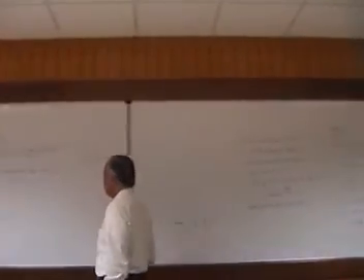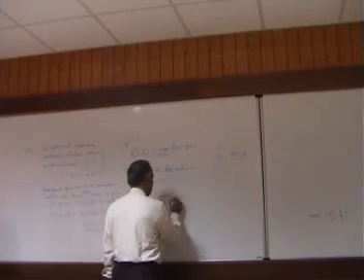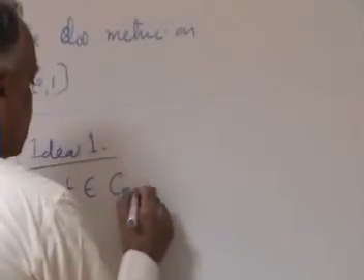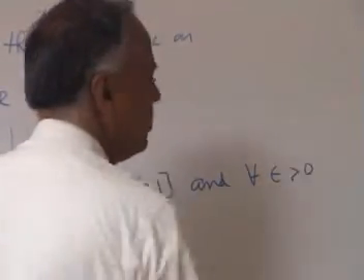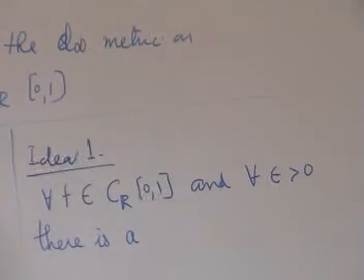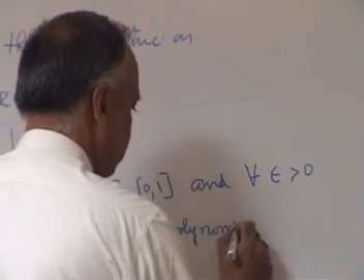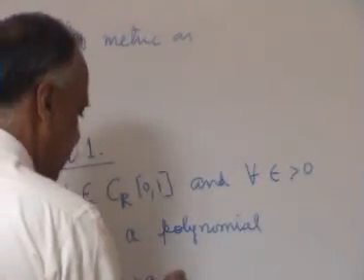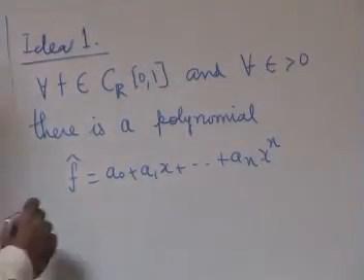Okay. So, idea 1. For every f in C_R[0,1] and for every epsilon positive, there is a polynomial f tilde, which is equal to a0 plus a1x and so on, I don't know what order of the polynomial, such that